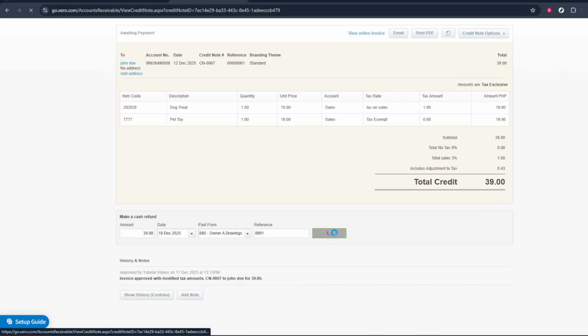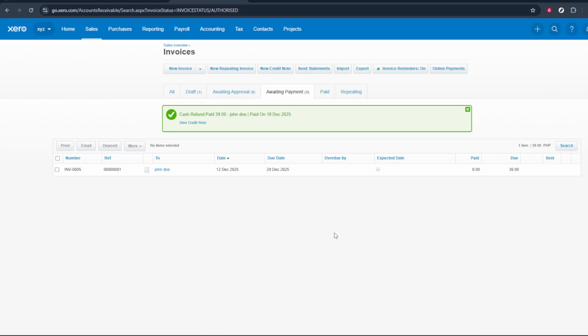Carefully fill in the refund amount, choose the correct bank account you're paying the refund from, and add a clear description or reference such as Customer Overpayment Refund, so it's easy to understand later. When everything looks correct,